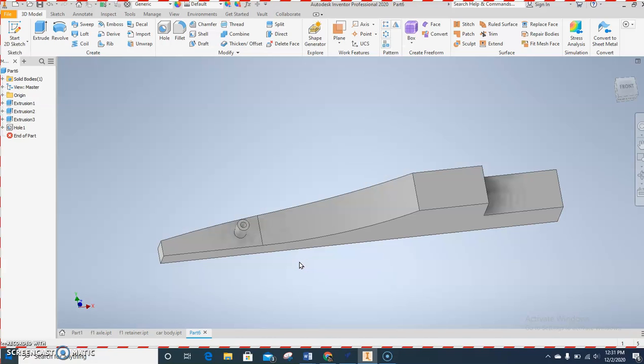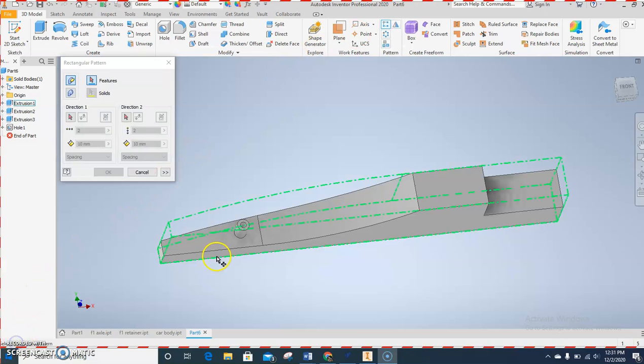Okay. So next we're going to do a rectangular pattern. That way it is going to be lined up. So here's how we do this. Click on rectangular pattern up here. Okay, first thing,